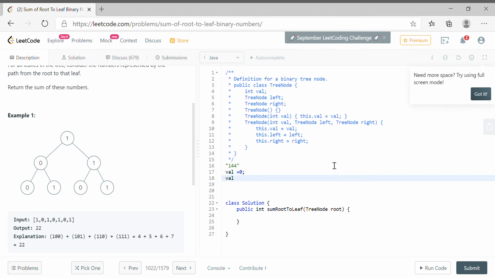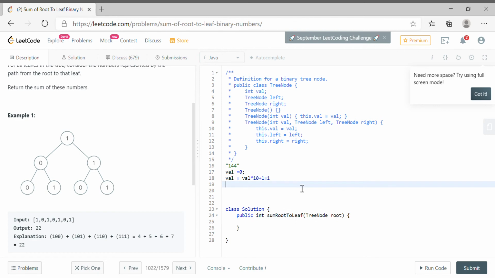For each index we will go and multiply the previous value, that is val, by 10, and add the index value. So you can convert it to an integer. I'm just directly putting it. Once you do it, val is 1.